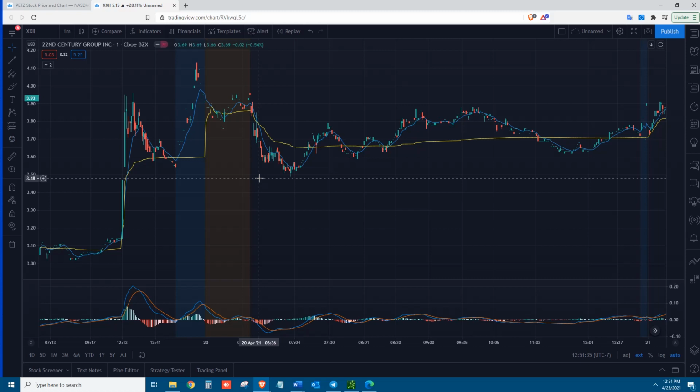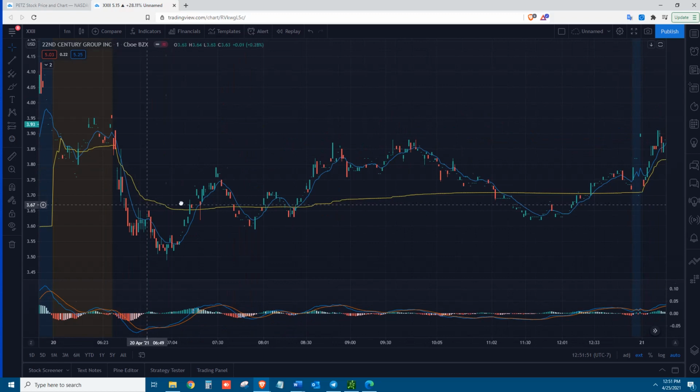Let it swing. There's nothing wrong with that as long as the trade is still going in your favor, guys. There's nothing wrong with hanging on to the stock until it plays out to what you want it to play, as long as it doesn't hit your exit point where you're supposed to exit. So, anyways, the 20th it was alerted,